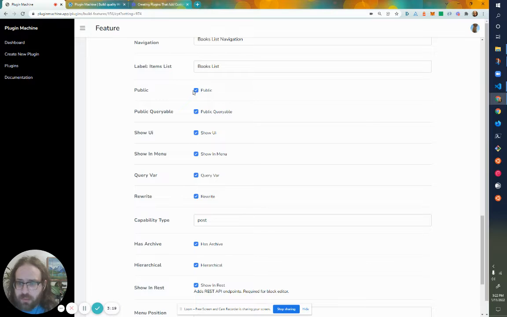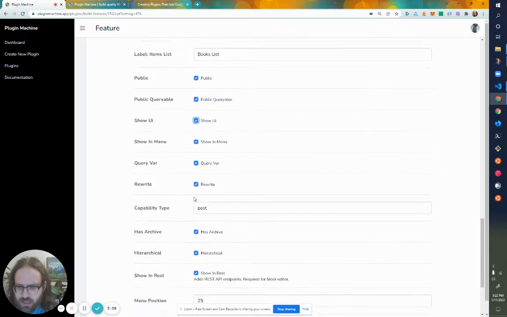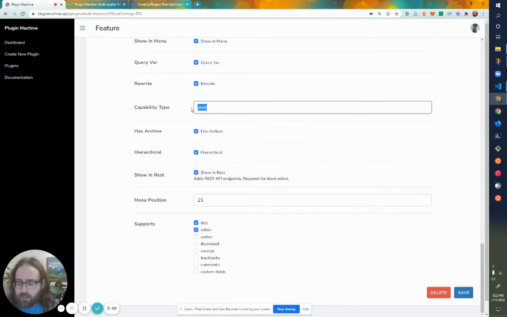Here, a couple things to keep in mind. If you don't check this, it won't be available from the front end. This, you can hide the UI in the back end. This is copying the same permissions from post type will be used here. Whether or not you want it to have an archive,